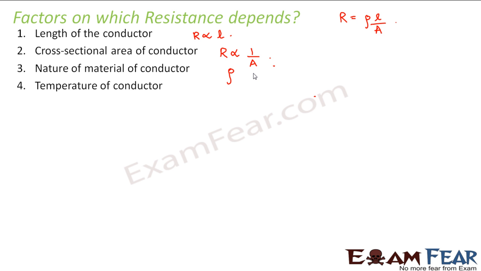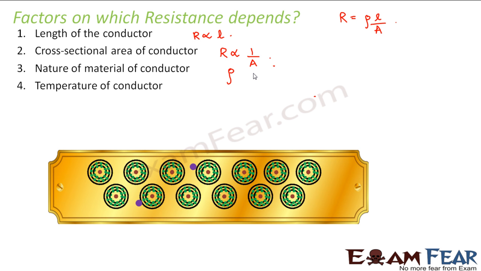So temperature of a conductor is another important factor. So these are the 4 factors on which resistance of a conductor depends. So we will quickly review it once. If this is the conductor and you increase the length of the conductor, for example, right now this is the conductor, if you increase the length till here, what will happen? The electrons will have to cover this extra path, and in this extra path they will meet more obstacles. More obstacles means more collision, therefore more resistance.